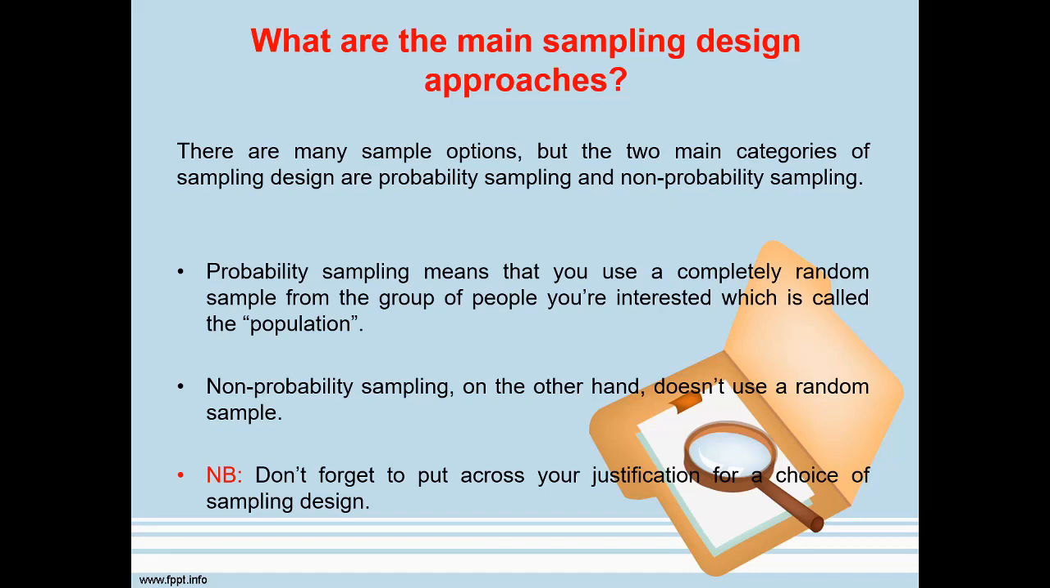Let me be quick to say that there are many sample options, but the two main categories of sampling design are probability sampling and non-probability sampling. Whenever sampling comes into mind, the next thing is sample and population. Sample here basically refers to a fraction of the population which we are going to understudy or deduce our conclusion from. And the population refers to the entire study target we are going to